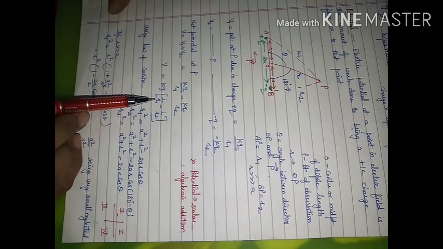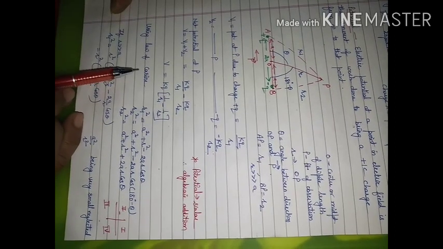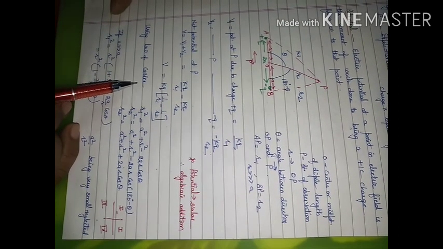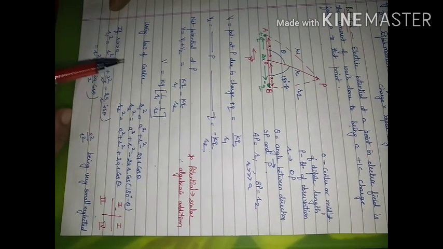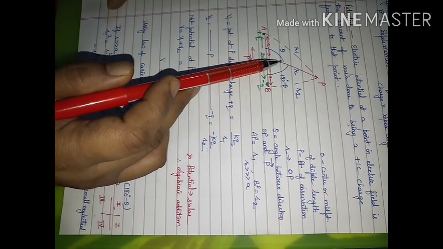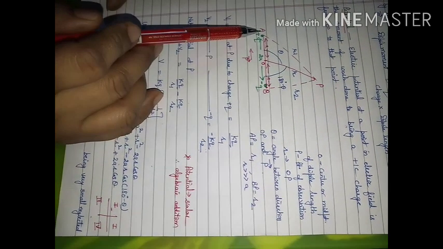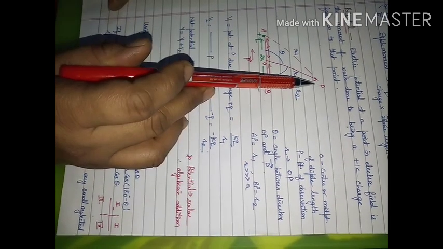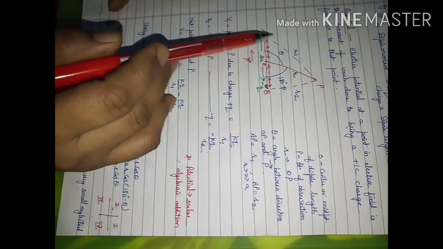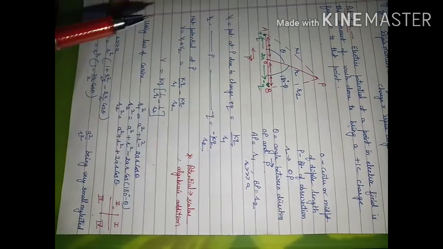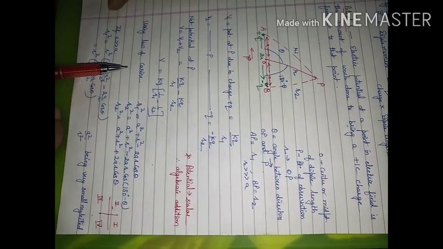Now to find the values of r1 and r2, we will use the law of cosine. This law of cosine we use when we do not have a right angle triangle. The angle between two sides is given and the third side we want to find out. So in this case, if I consider triangle AOP, this side OA is known to me, OP is known to me, AP is not known. So for this I will use the law of cosine. Proof of this we will do at the end of the video.